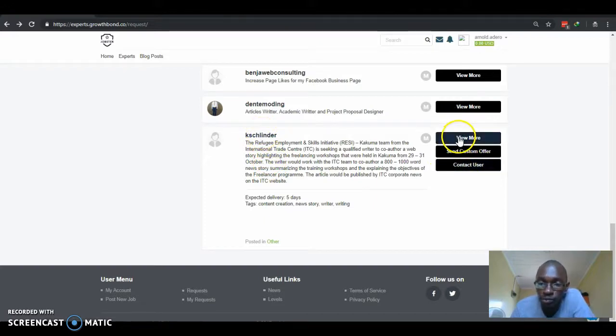if you see to your right, you will see view more, send custom offer, contact user. If by any chance send custom offer is not black, it is not clickable, this means that you cannot apply for this job. I advise you to contact me instantly, and then I will help you know why you cannot send custom offer. So in order to apply for this job, you just click this button here, send custom offer,